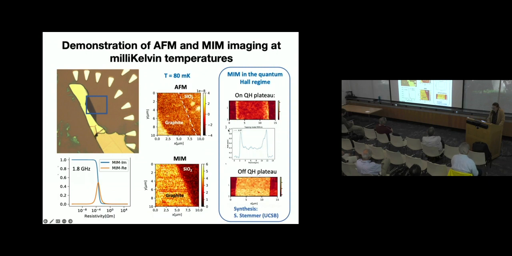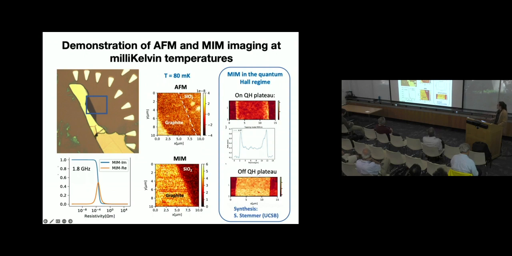And this is a cross-sectional cut of this two-dimensional image. Then, for comparison, we tuned the Fermi energy to be off one of the quantum Hall plateaus, and we observed a very spatially uniform MIM conductivity profile. All of this behavior is fully consistent with the expected MIM response of a standard quantum anomalous Hall insulator, and it is consistent with existing experiments that have already been performed on gallium arsenide in the integer quantum Hall regime. I want to point out that the purpose of these measurements was not necessarily to unveil new physics. The purpose was really to characterize the performance of this microscope using well understood materials